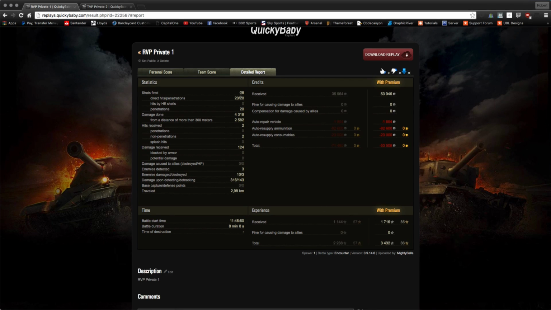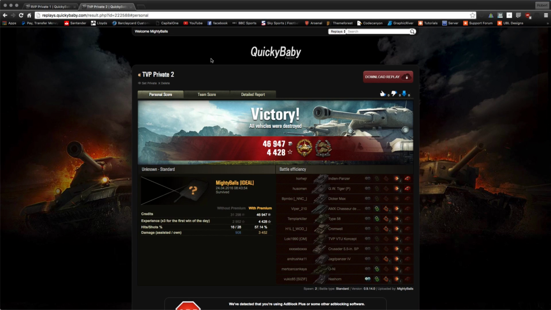So I'd fired 28 shots, 20 of which hit and 20 penetrated. I made 1,716 experience because I'm premium, with 85 free XP, and because it was a ×2 of the day, I made 3,432. My second replay is this one, and I did 3, 6, 9, 10 tanks again where I